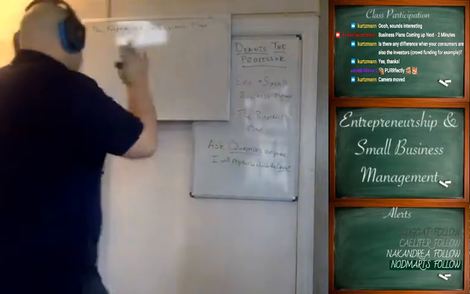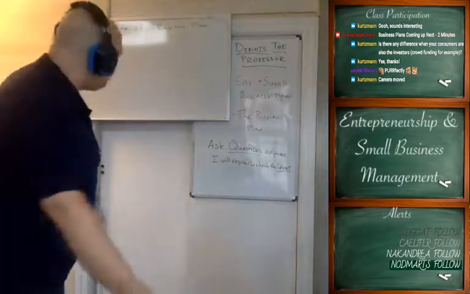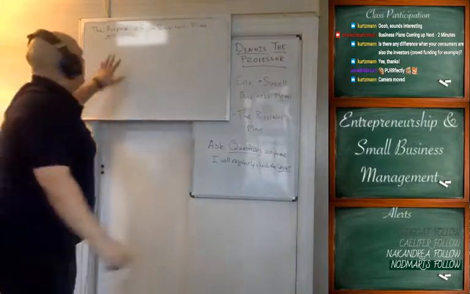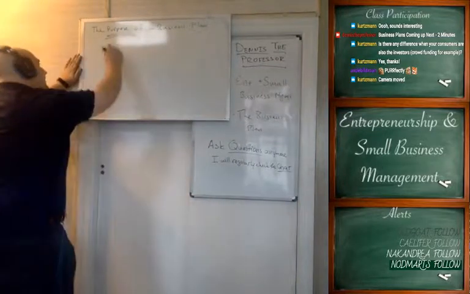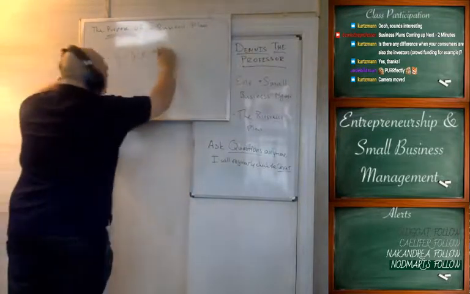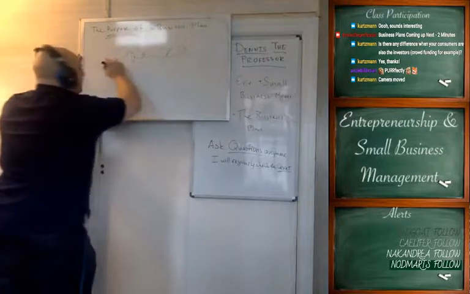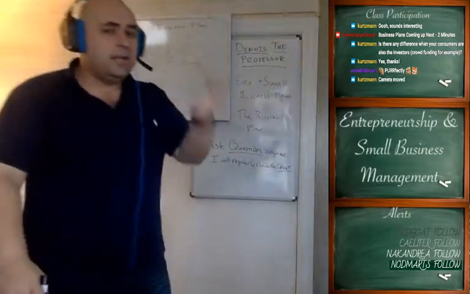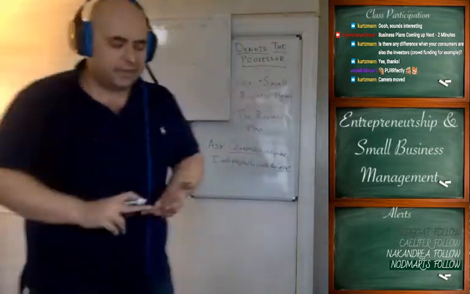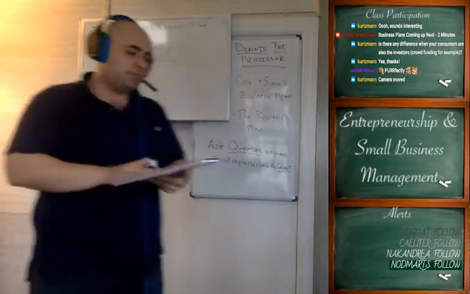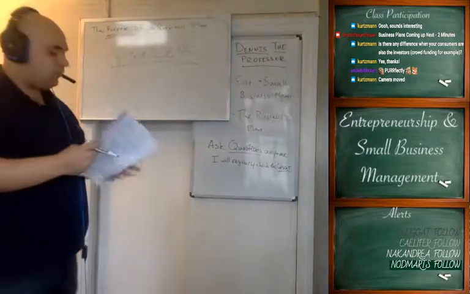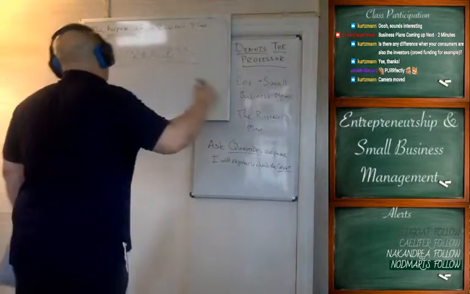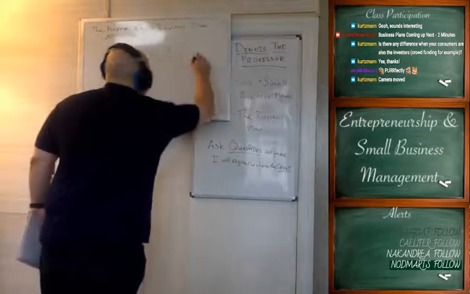So learn about that. And then finally, remember, the most important thing about a business plan, the purpose. We've come to answer the question. The purpose of a business plan is the process. It is the process of going through these steps. It is the process of identifying your risks. It is the process of thinking about your team. It is the process of measuring your capital and finding out how much you're going to make. It's the process of avoiding the bullshit and putting things under more scrutiny. It's the process of learning about your industry, thinking about your marketing, your distribution, your product, your customers. The process is what's important.